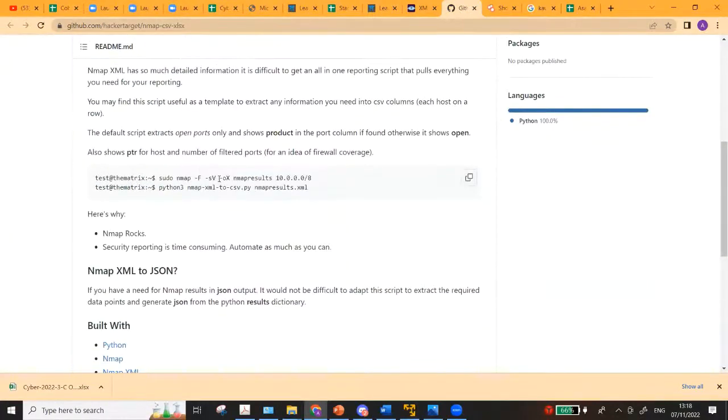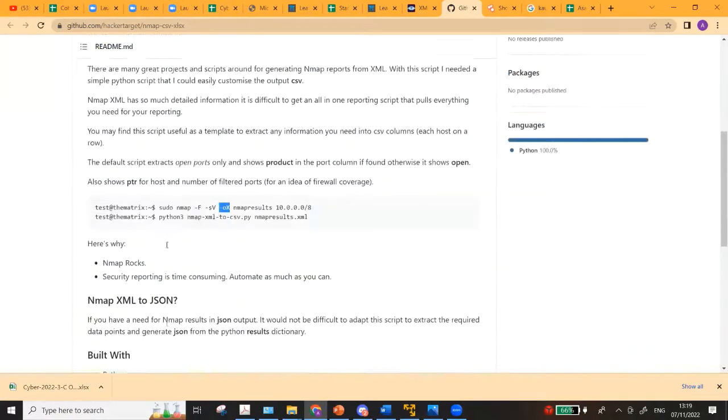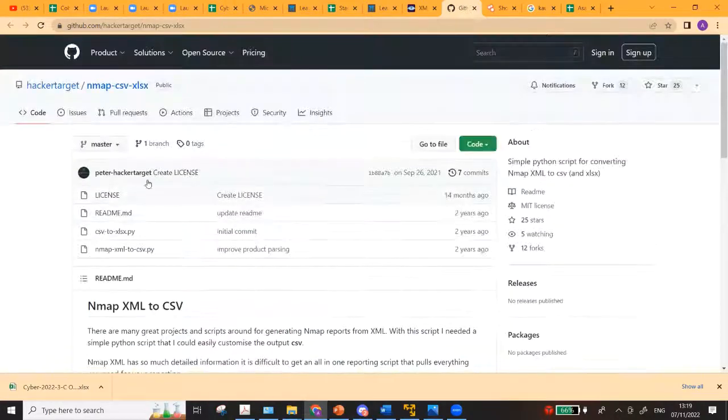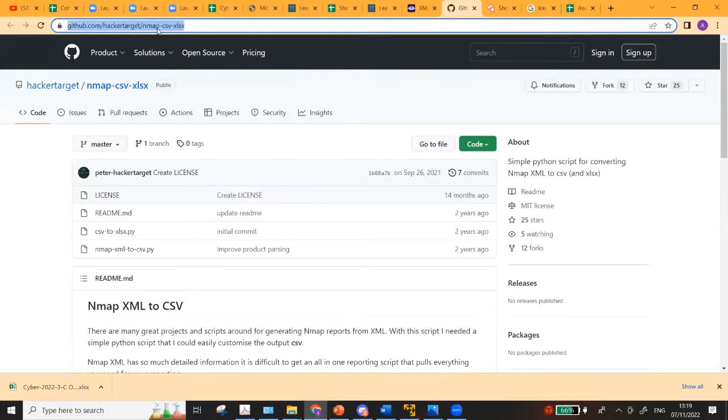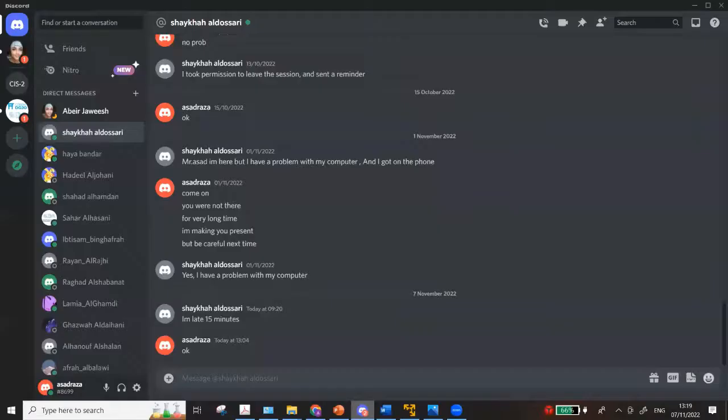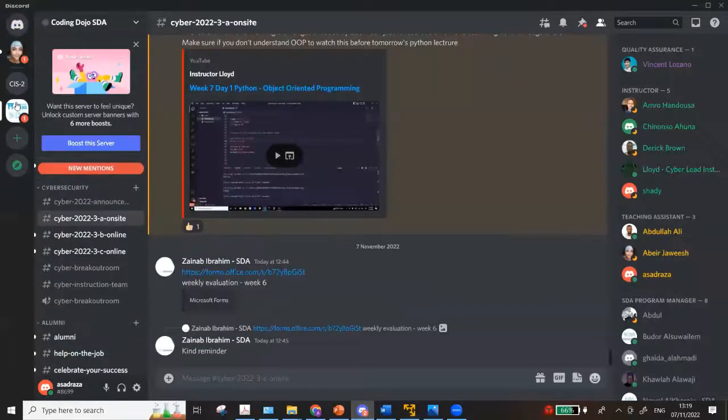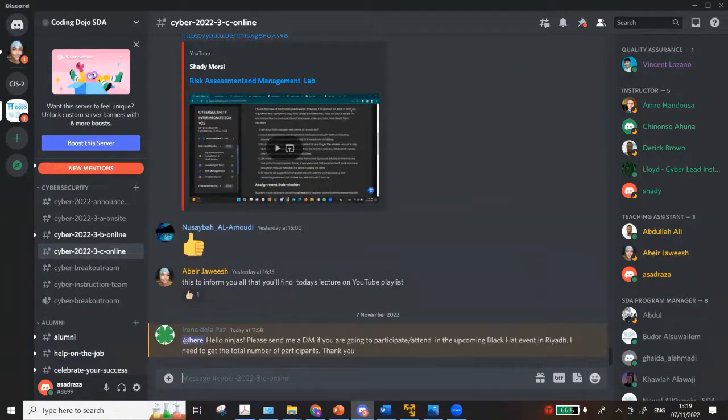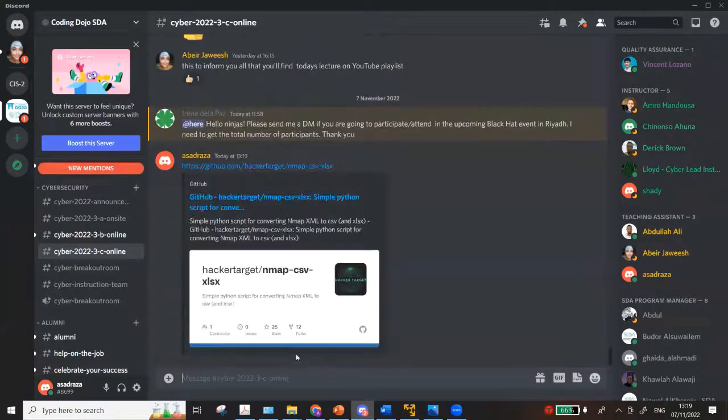First of all, in order to save it in the XML format, you can actually use the option of -oX in Nmap, and then you can use this script to convert it into JSON and CSV. For that, you need to actually download this script. I'm going to share this in the Discord channel. So you will download this script in Linux,